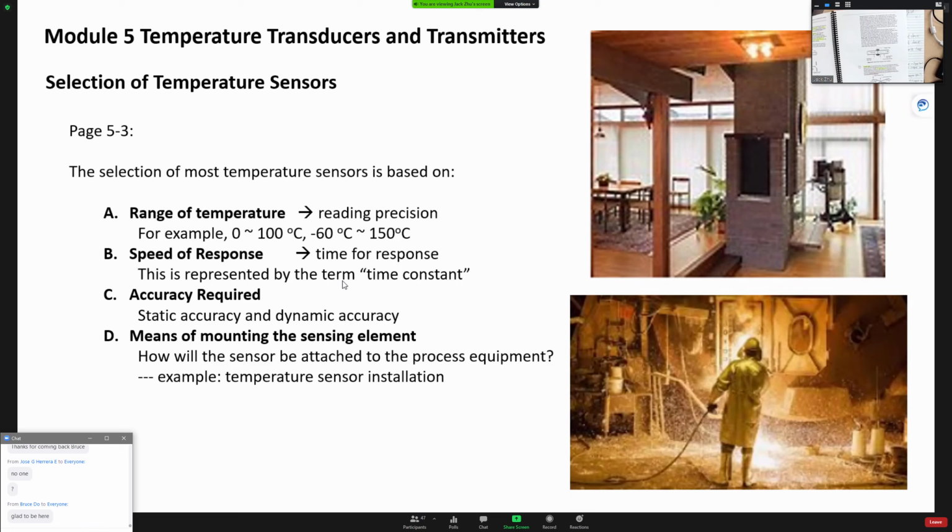So some of the energy will be transferred much quicker. Some of the energy will be transferred much slower, and it depends on what type of sensor you're using. Also, the condition of that, it all is going to cause the speed of response in your application. Accuracy is another one, depends on